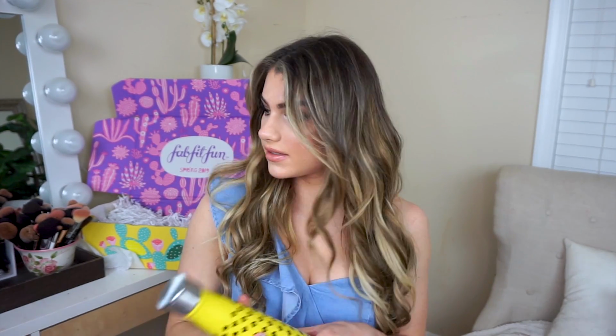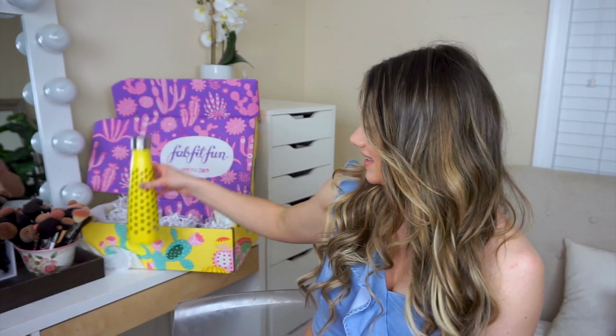Okay. Looks like you can put a decent amount in there. It's 15 ounces. So this is $19. Oh, and it says the colors will be randomly selected. I'm so happy I got this one. You know what? I'm just gonna...